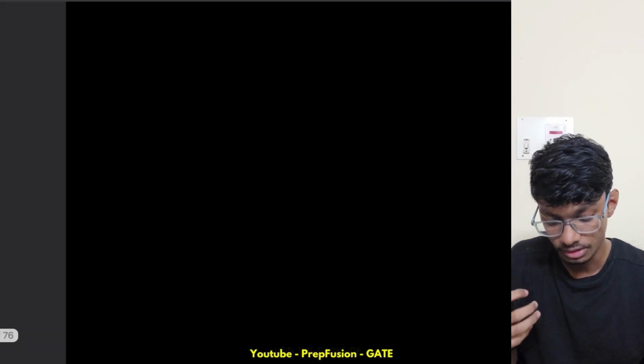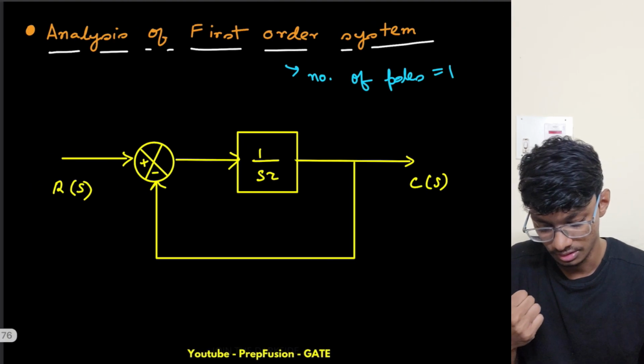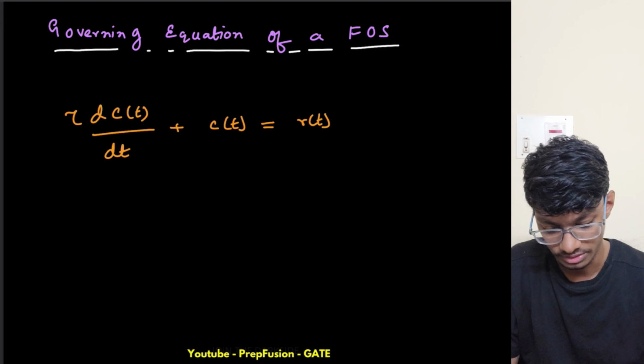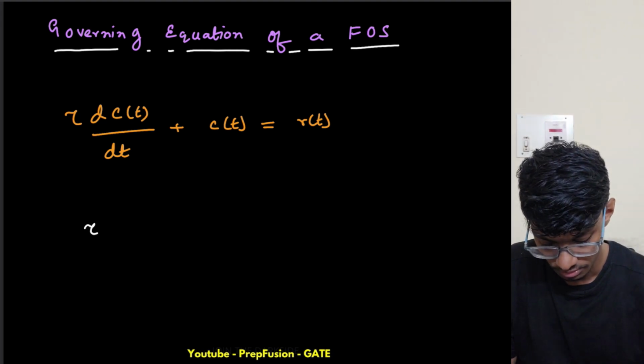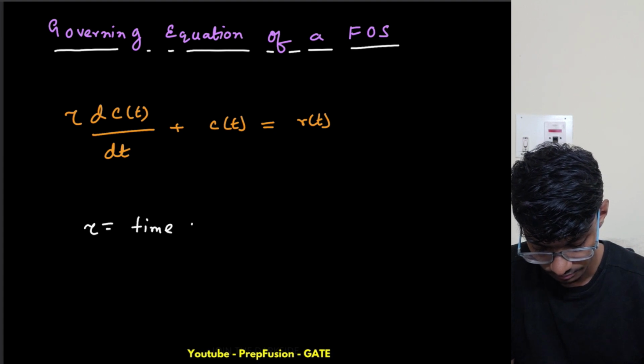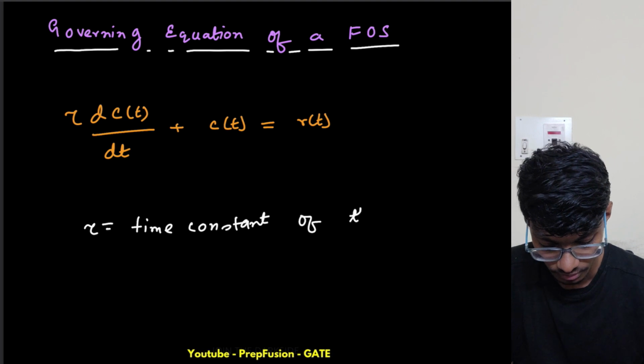So now can we write the transfer function from this one? So from this one also I can derive the transfer function, and from this one also I can derive the transfer function. So what is this tau? I forgot to tell you what is this tau. Tau is the time constant of the system, okay, of the system,